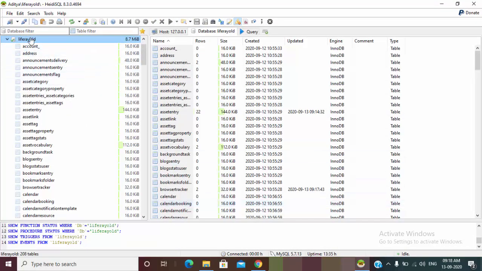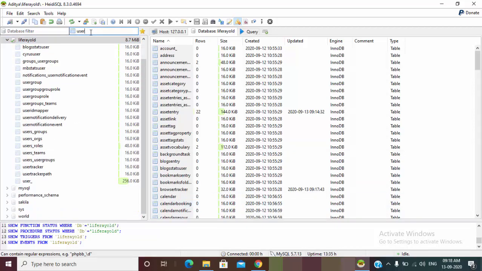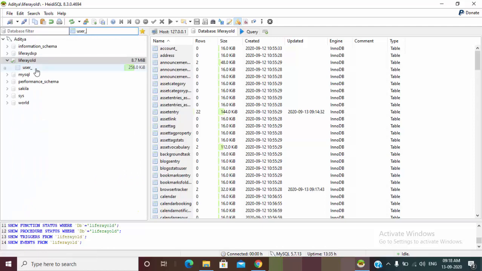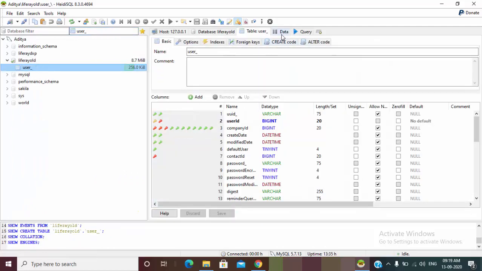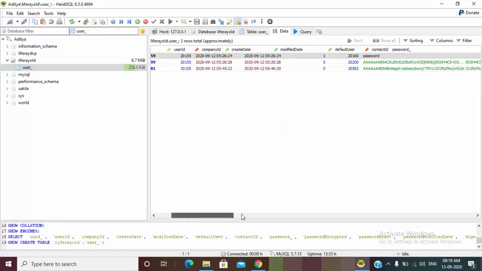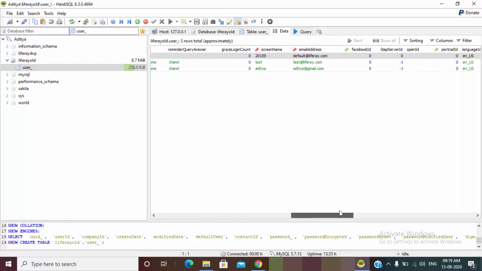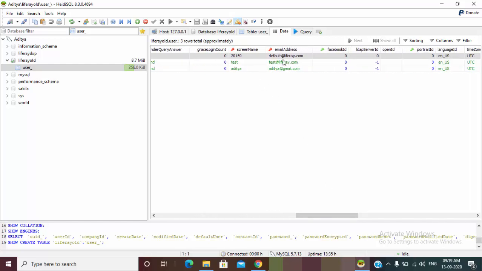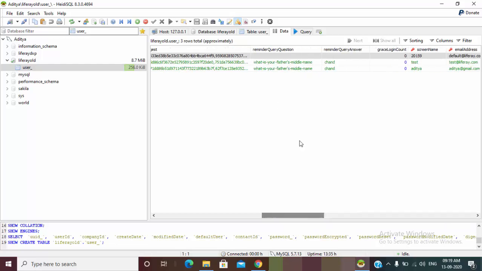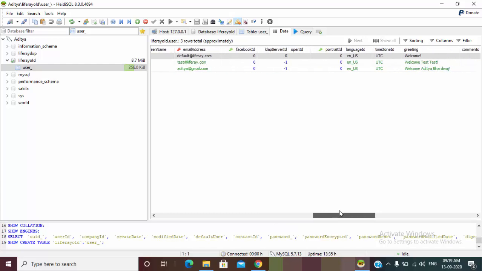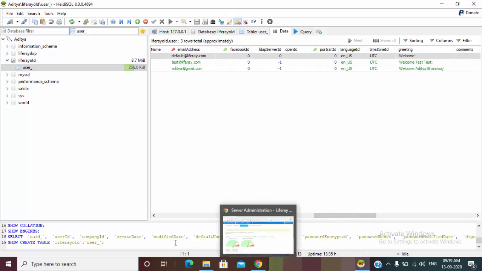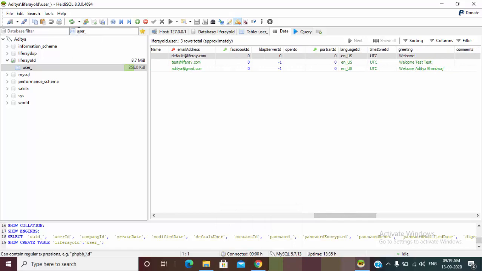This is my database, Liferay old. Let's check the user table. As you can see, these are two users, Test and Aditya, and this is the default user which is provided by Liferay. Because I am not logging in with this user, on the UI it is only available as 2. So these are the users. Let's take the backup of this.